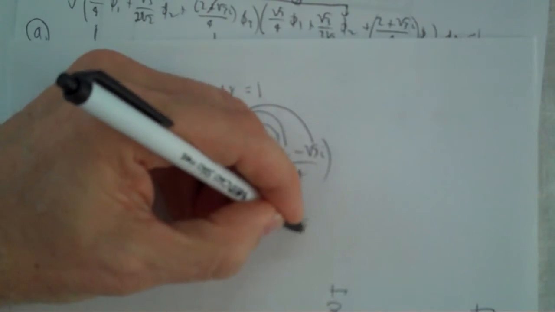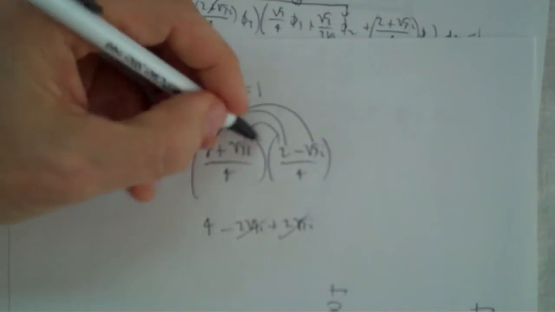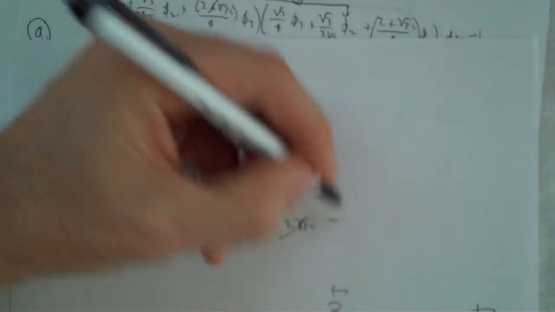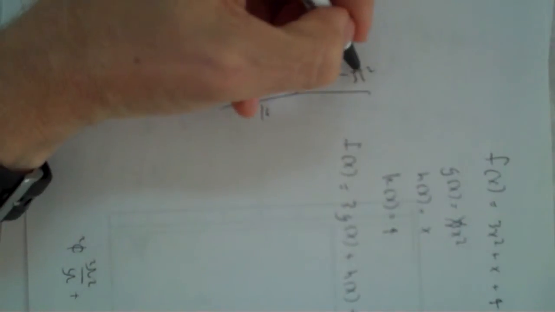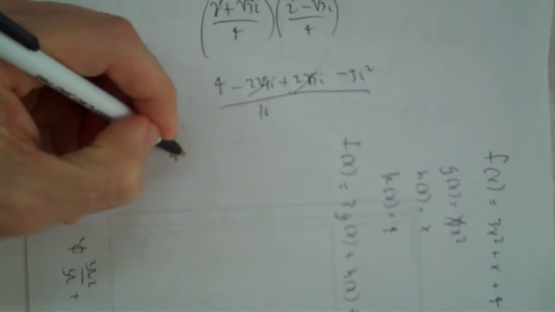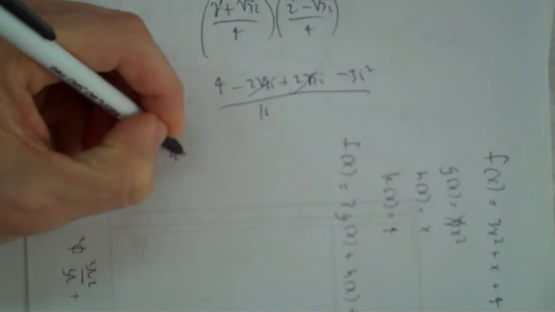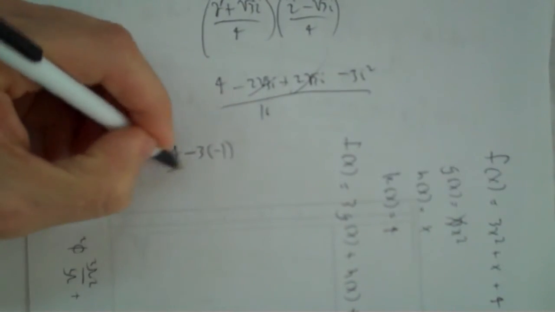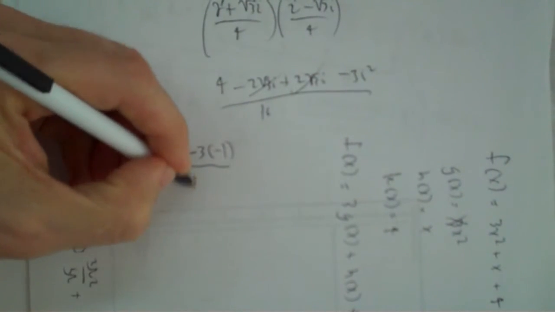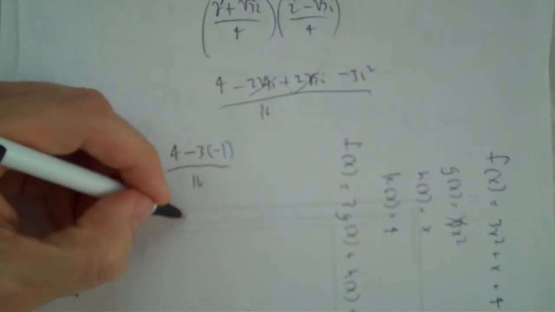Okay, I can remember now. Plus 2 root 3i. These two terms cross off. Minus 3i squared over 16, which becomes 4 minus 3 times 1, right? Over 16,